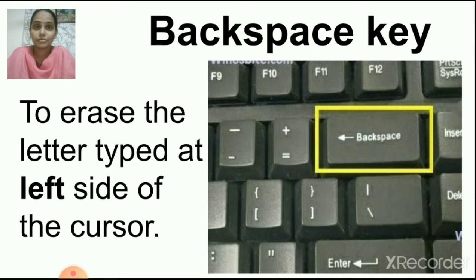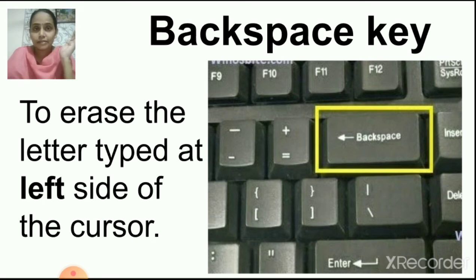Children, I hope you all understood how to use the backspace key. What is the use of the backspace key? To erase the letter typed at the left side of the cursor.